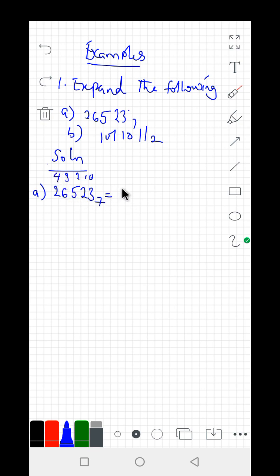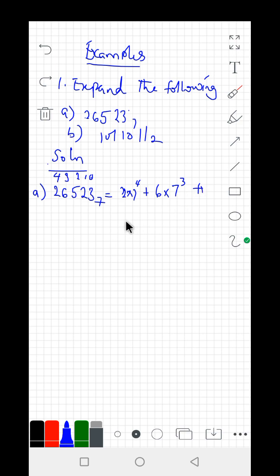So this will be 2 times 7 raised to the power of 4, plus 6 times 7 raised to the power of 3,